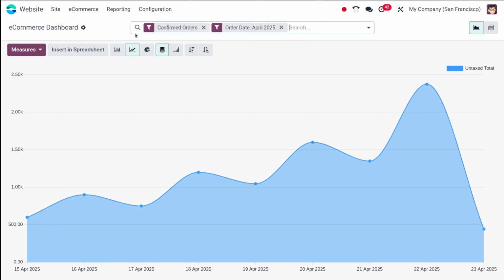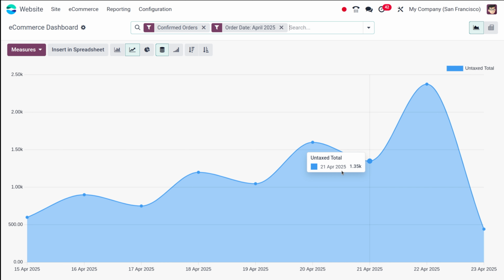In the e-commerce section you get the graphical analysis of the e-commerce. This shows the performance of e-commerce, what is happening inside there. Mainly we have the sales taking place over there, so the data of that particular performance can be seen here. We have two types of views, the graph view and the pivot view. First, let's take a look at the graph view.